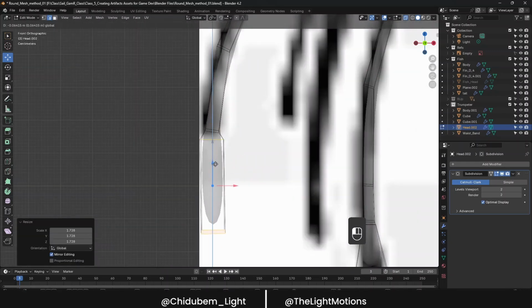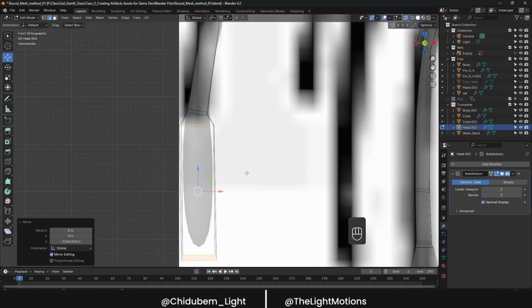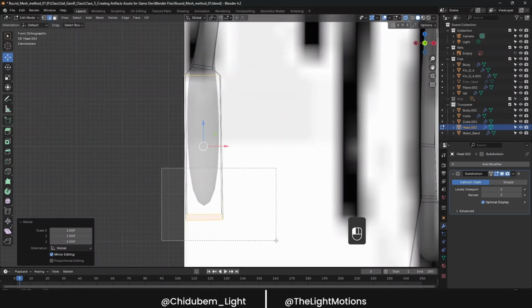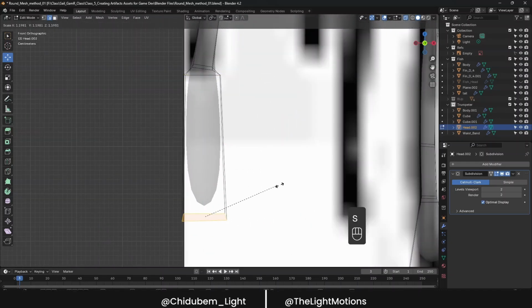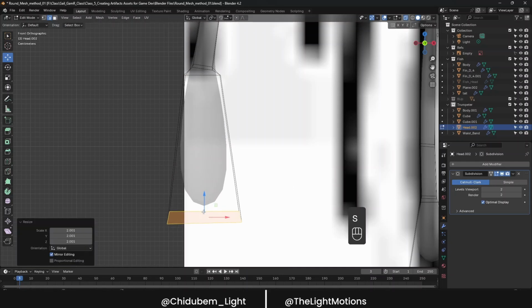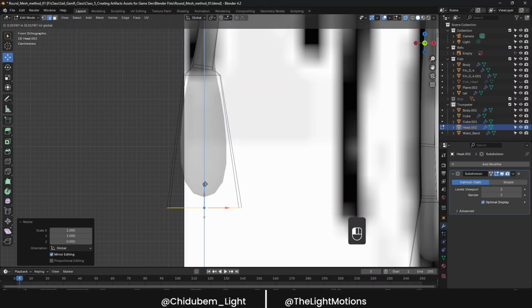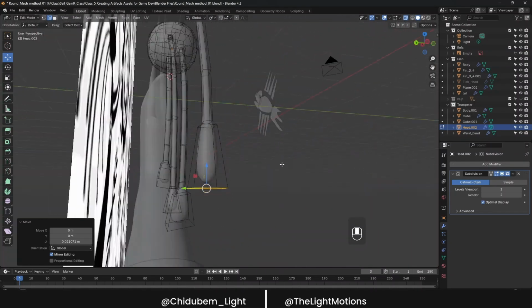then drag it down, S to scale up the more, maybe I think that's okay. Then drag this one, scale this up the more like this. Again for this one, you can do S Z and 0. Yeah, hopefully it doesn't. Okay,